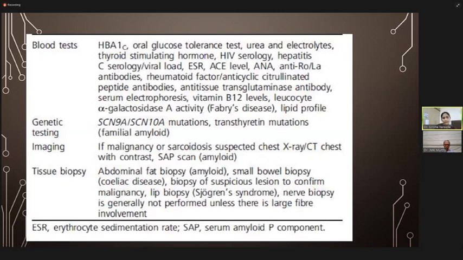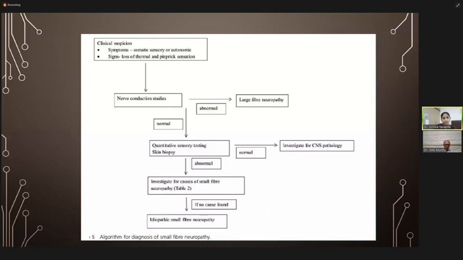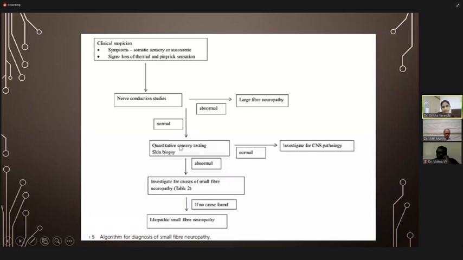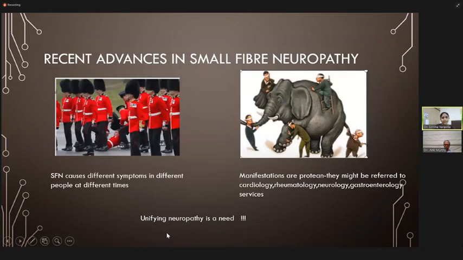Nerve biopsy is generally not performed unless there is large fiber involvement. So nerve conduction study, if it is abnormal, it is large fiber neuropathy. If it is normal, check skin biopsy and quantitative sensory testing. If it is abnormal, investigate for causes of small fiber neuropathy. If no cause, it is idiopathic, which can be 50%, and there is a lot of active research to chase this idiopathic small